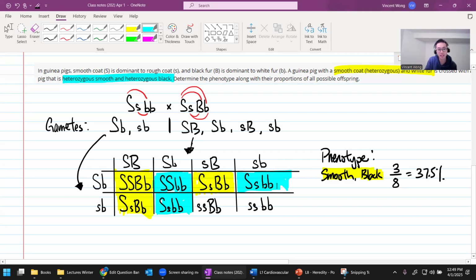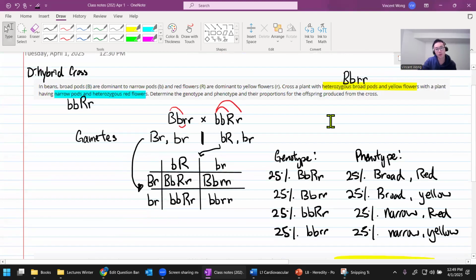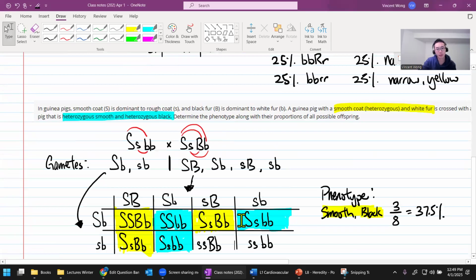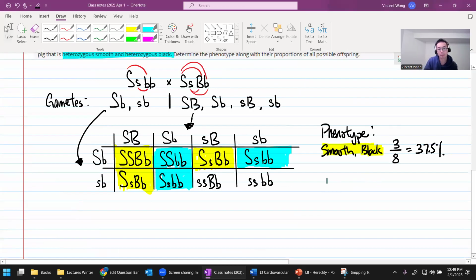Does that make sense, Manita? Like in the previous one, it was only four, so it's okay to write it out. But for here, if I have to write out, it's like eight, right? So it's unlikely I would ask you to do that on the quiz because it would take up too much of your time. So this is once again smooth and white though. White. 3/8,